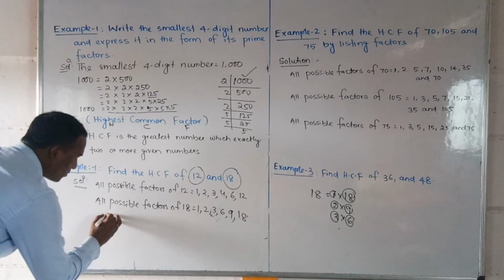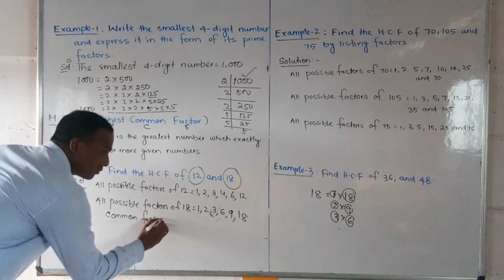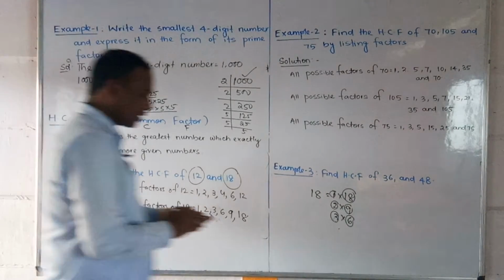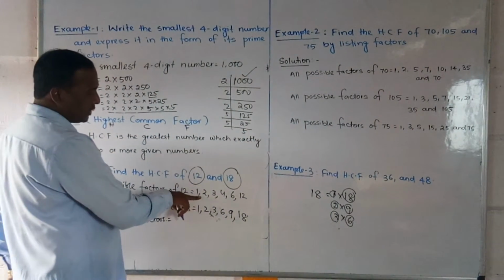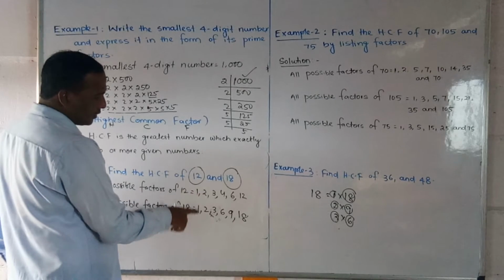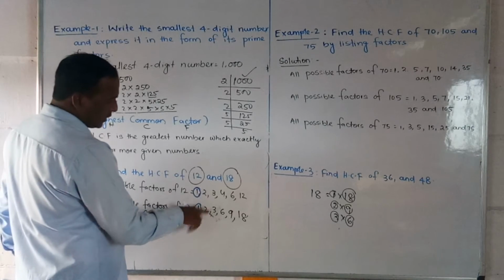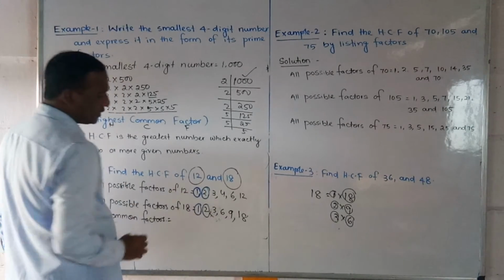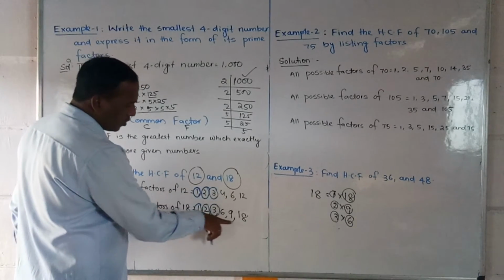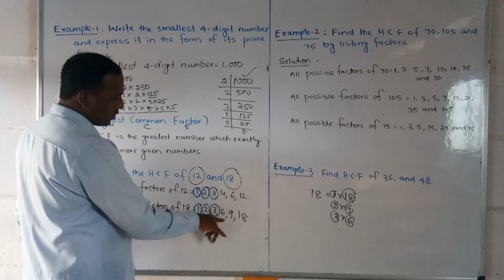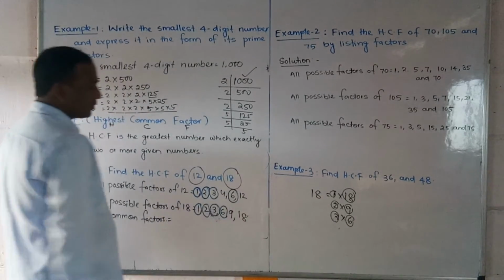Now we can say common factors. What are the common factors? Look at that. Common factors क्या हो सकते हैं, we can round them. First, 1 is here, 1 is there, yes. 2 check, yes, 2 is also there. Common factor this is. 3 is there, yes. 4 is here, 4 is not there, leave it. 6 is here, 6 is also there. 12 is here, 12 is not there, leave it.